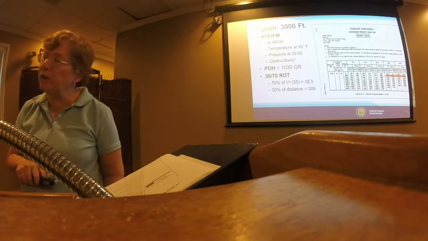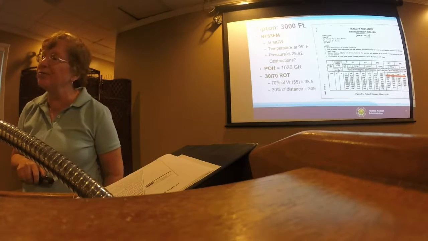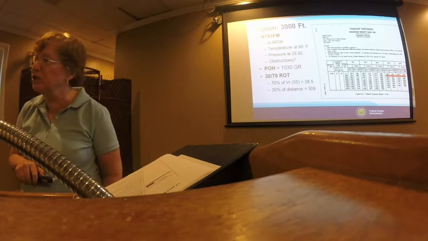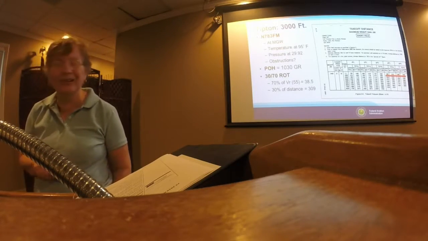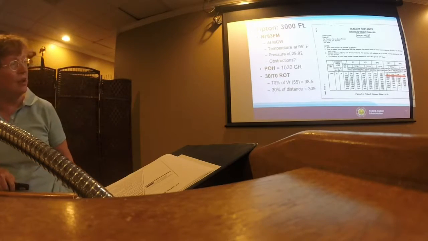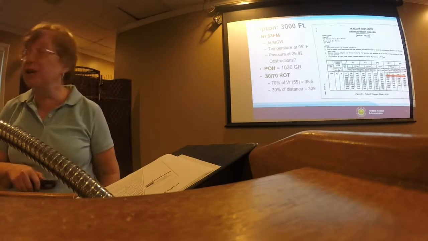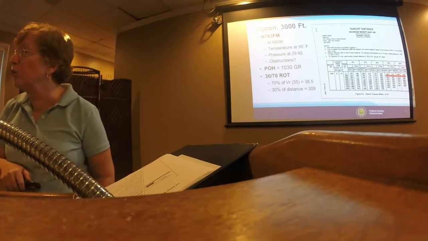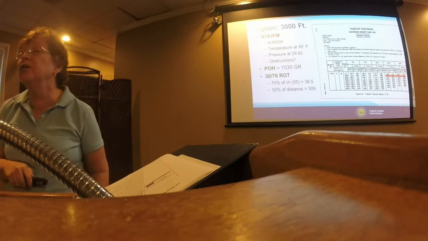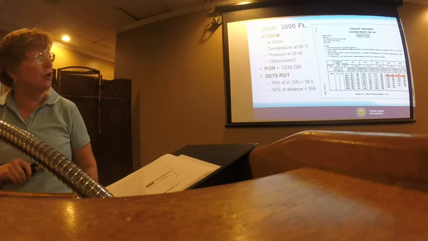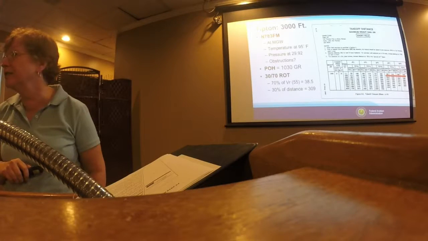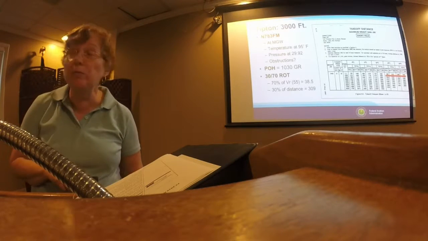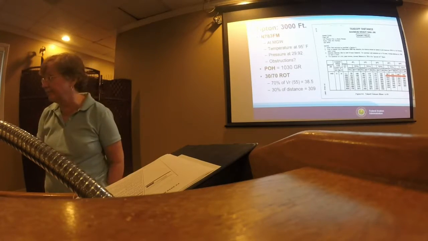Well, it's probably about the second or the third stripe if you start with a short field procedure, more or less at the beginning of the pavement here. And if you haven't reached about 40 knots by that point, you probably should abort. Certainly if our ground run is 1,000 feet and you're still on the ground by the midpoint, there's something seriously wrong. Because the midpoint is about 1,500 feet.